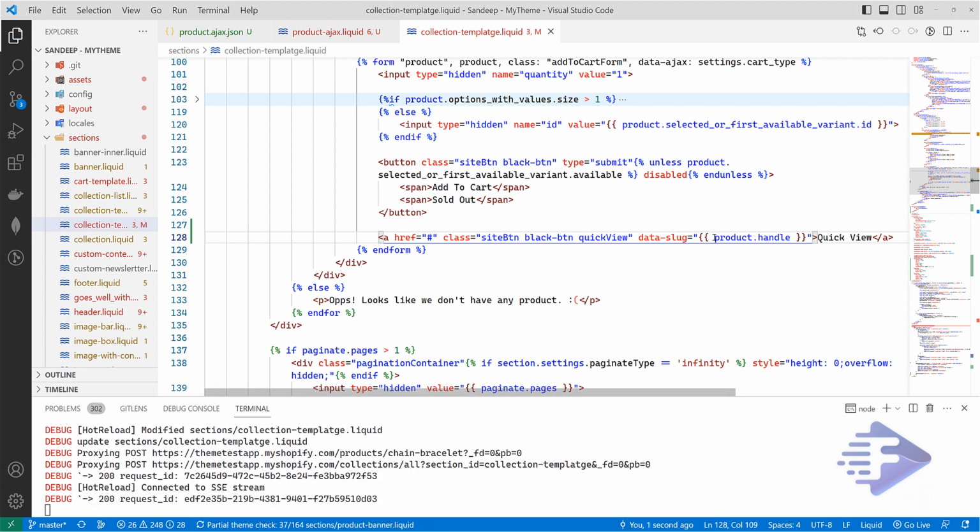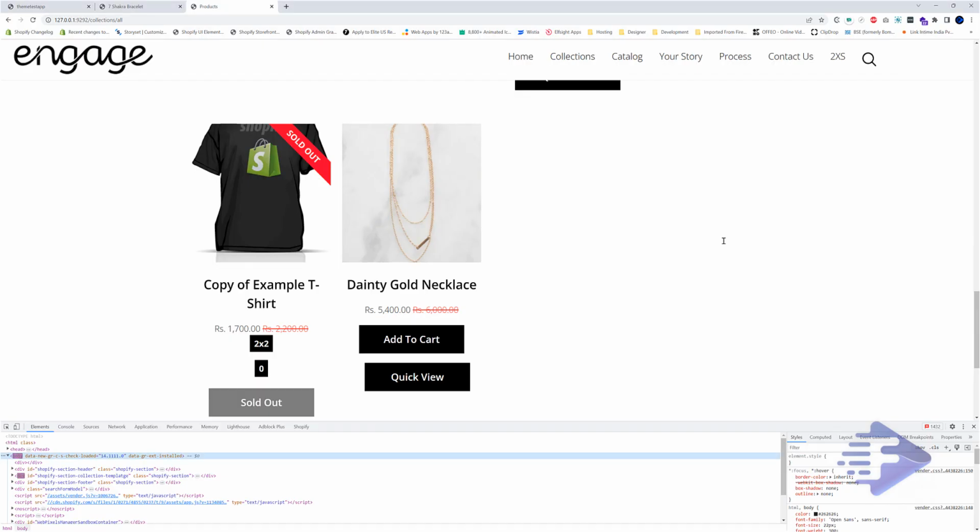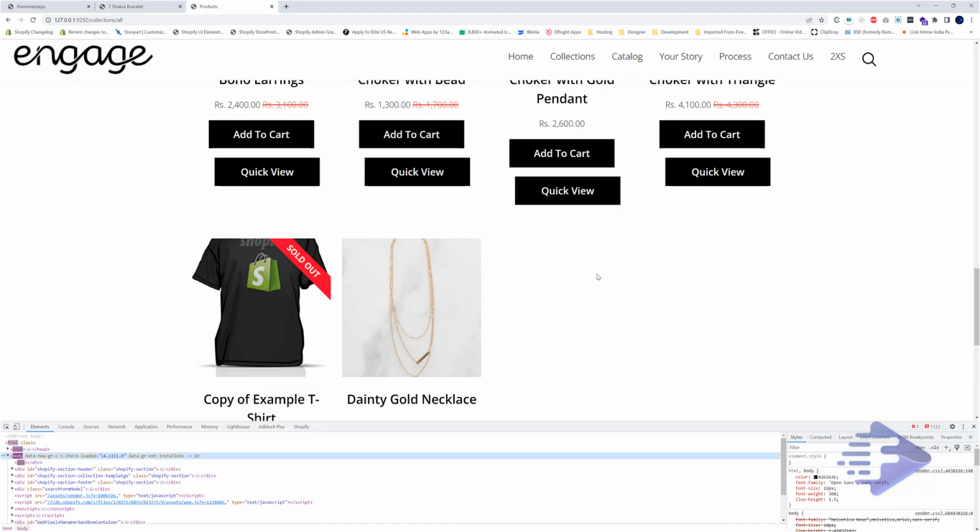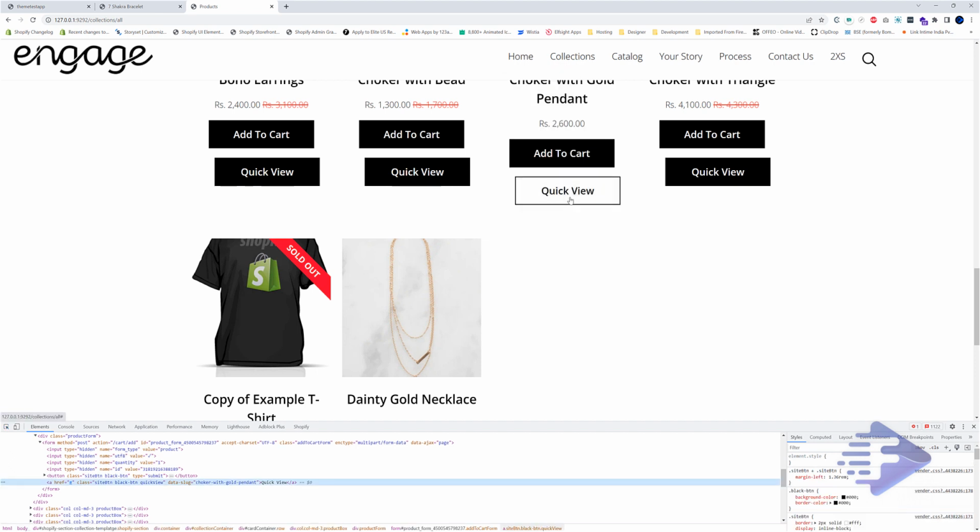So what it will do, it's going to print our slug over here. So let's check. We got our slug over here.